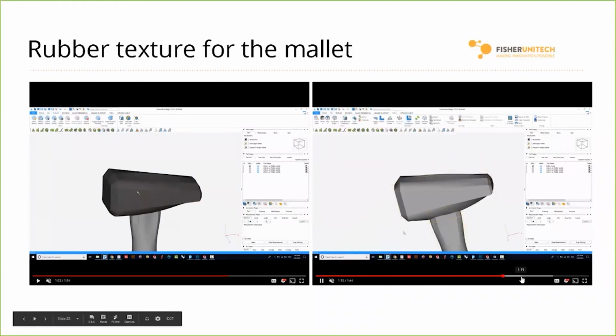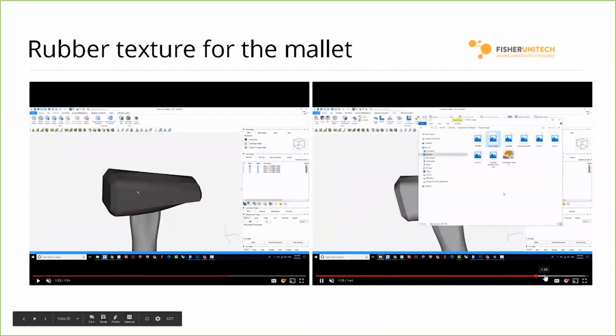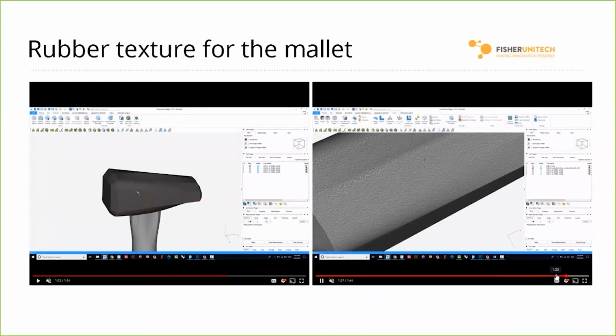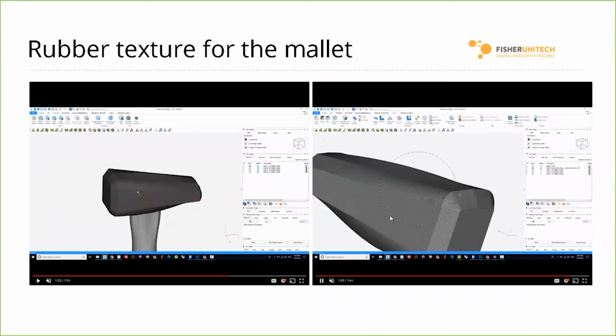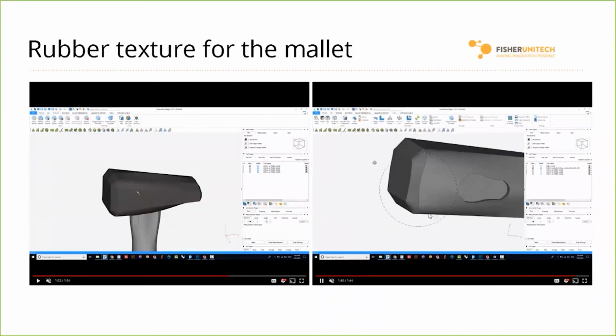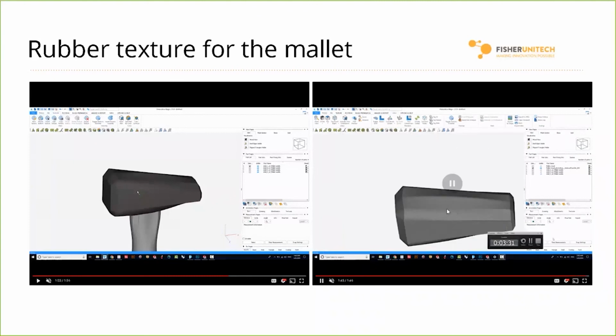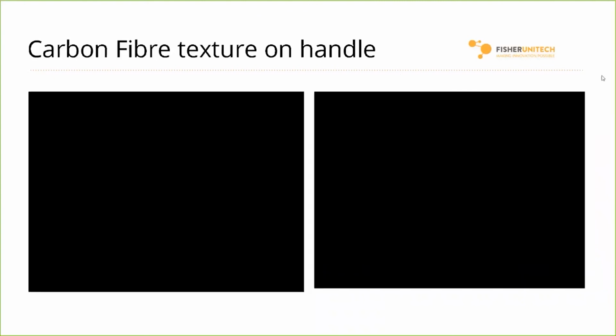So here I'm just bringing it into Magics to check my work. I use Magics throughout my workflow just to check my work here, and it looks pretty good. You can see there's this ugly little seam on it, but for the most part, it looks pretty nice. So that is just a basic